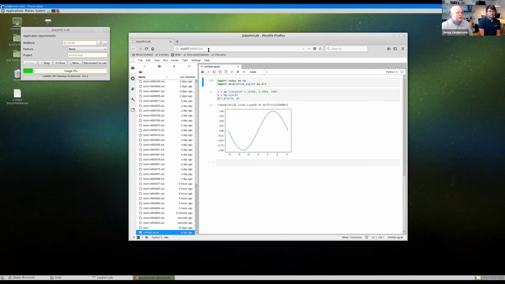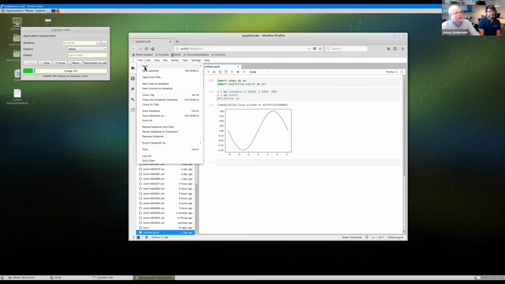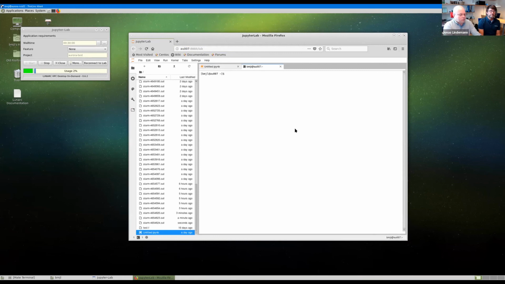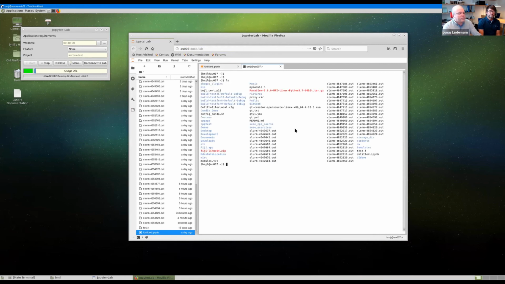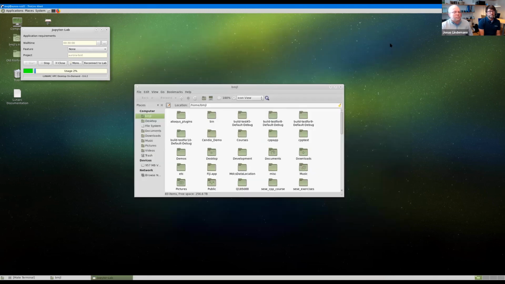Firefox. And you can see here, now we are connected to the node AU007. So it's a secret agent node. And here you can run your Jupyter things. But what you can also do is have interactive access to the node. By using a feature built into Jupyter Lab, we can launch a terminal, and we are inside a node here. And I have my files available here, and I can do interactive work from this web-based interface. And also, if I should mistakenly disconnect my session, I can click the button here to reconnect